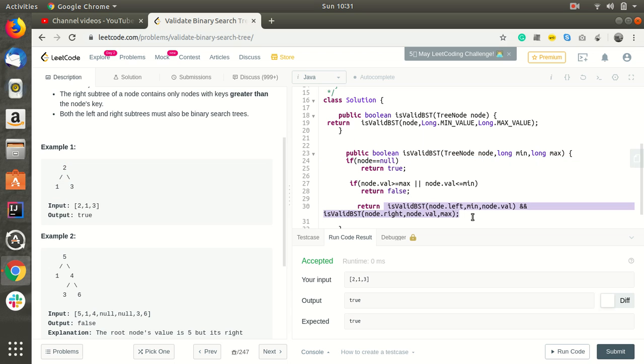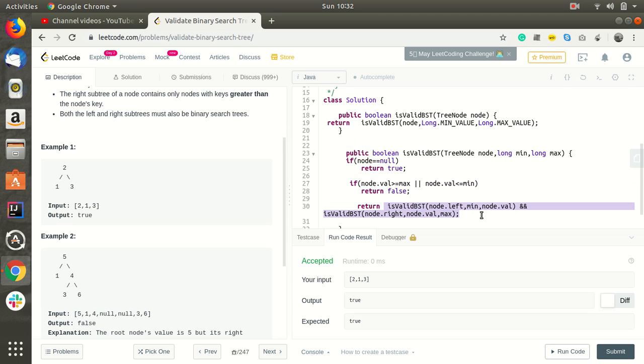With the left subtree, it will pass the root value 2 as the maximum value. Again, this condition will be checked: if node dot val is greater than or equal to max, meaning 1 is greater than or equal to 2? No. Node dot val less than or equal to min? No. So it will not return false.